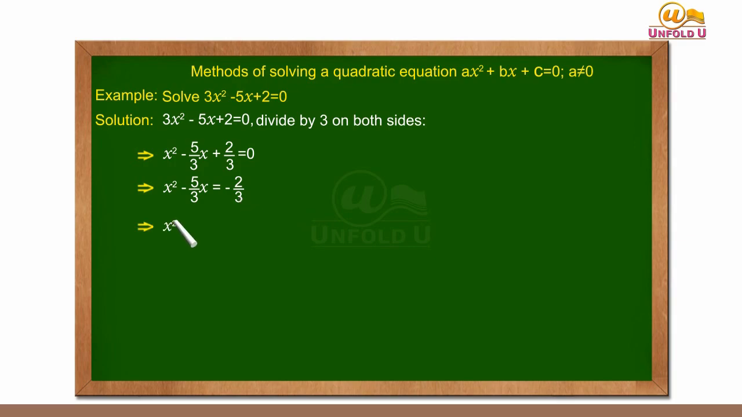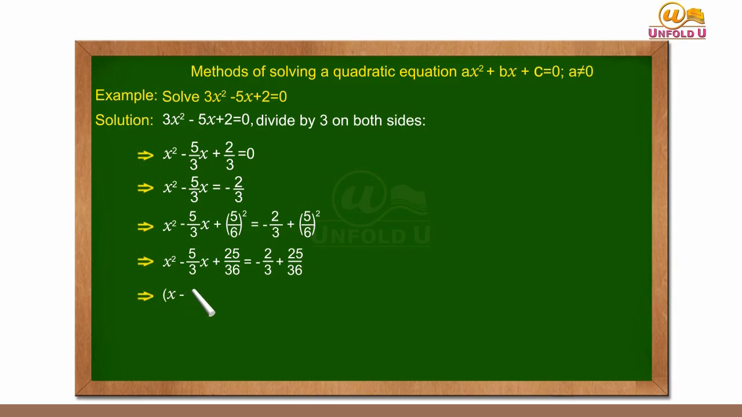implies x² − (5/3)x + (5/6)² = −2/3 + (5/6)², which implies x² − (5/3)x + 25/36 = −2/3 + 25/36, which implies (x − 5/6)² = 1/36, which implies x − 5/6 = ±1/6,